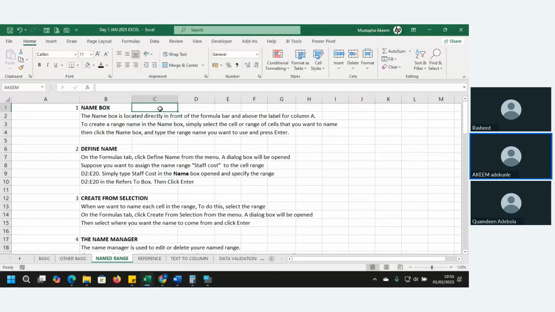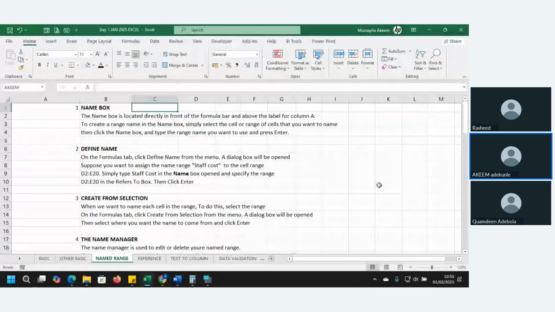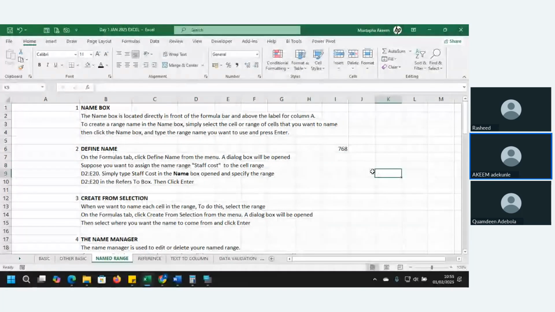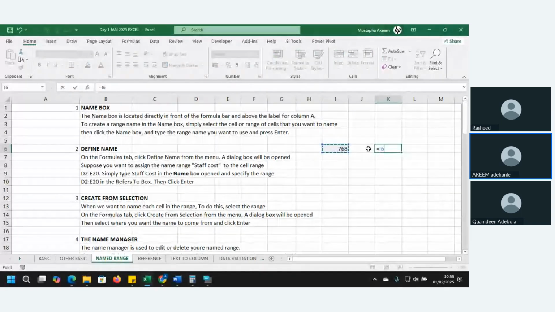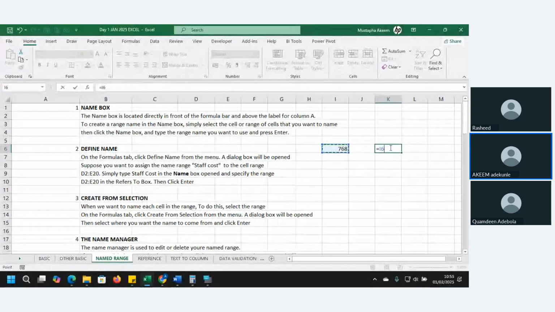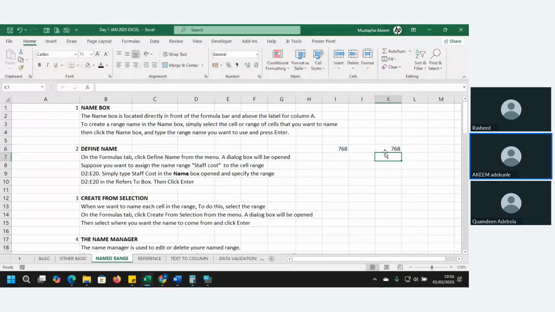When I click on the cell anytime, you can see what? Akib in that cell. Excel does not work with your numbers. This 785, Excel is not working with this number you have there. Excel is actually working with what? With cell I6. What Excel recognizes is this cell, not the number inside. It's the cell that Excel is working with. So if tomorrow somebody comes and changes this to 1,000, what happens? Excel will automatically change it to 1,000 because Excel is not concerned with the number you have there initially. Excel is looking at that cell. Anything in that cell is what Excel is going to work with.